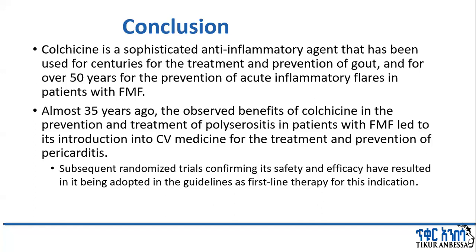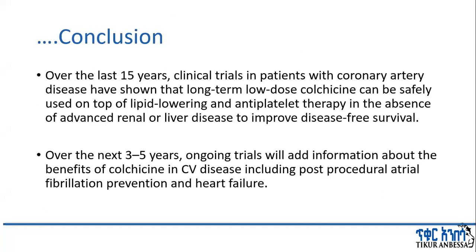Subsequent randomized trials confirming its safety and efficacy have resulted in it being adopted in the guidelines as a first-line therapy for this indication, as we have already discussed. And over the last 15 years, clinical trials have been coming for its use in coronary artery disease, post-MI, as well as in chronic coronary syndrome patients, for its anti-inflammatory effect,